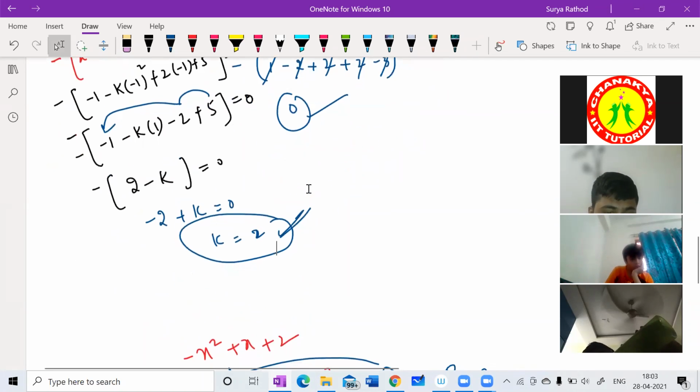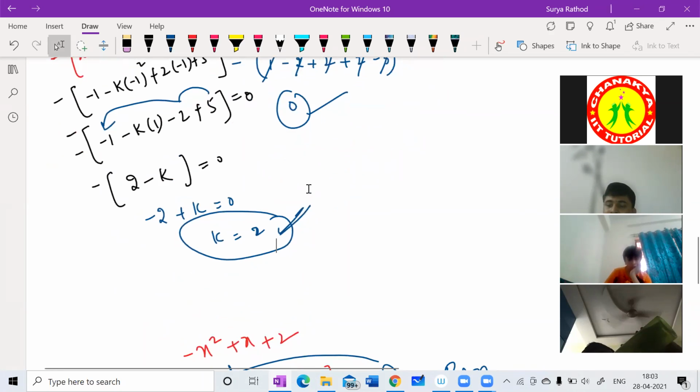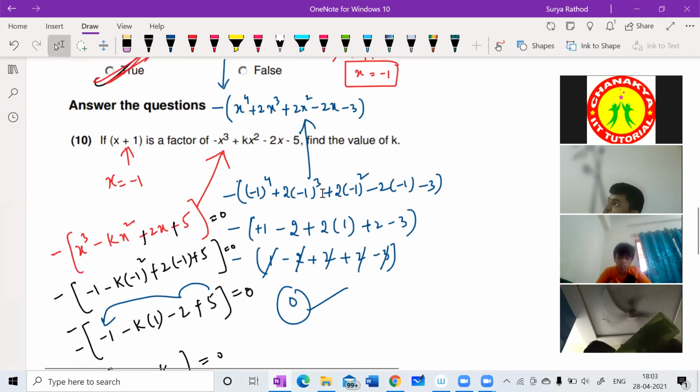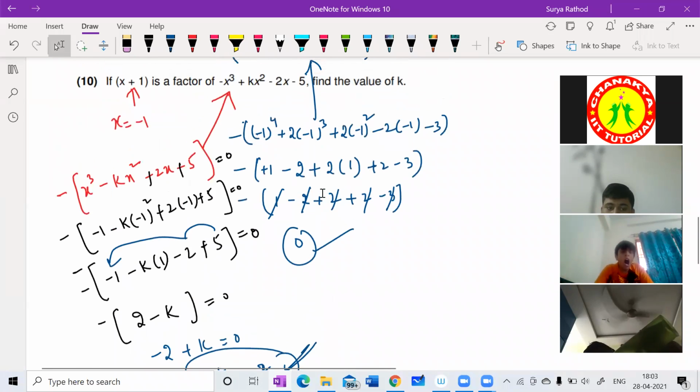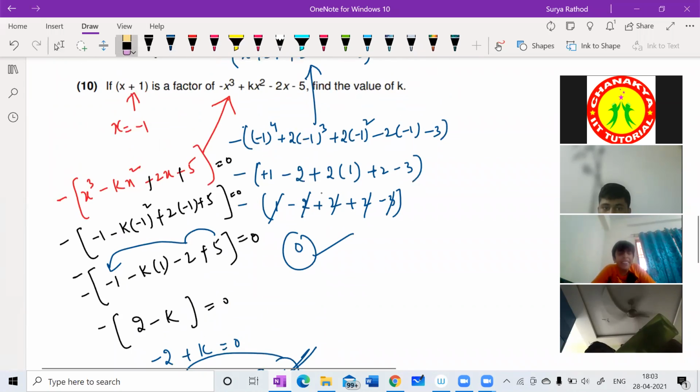Now, next I'll give one more question like this. You have to tell me the answer now. Okay. Sir, can you do it without including minus as common? Definitely. Okay. We'll do that. We'll do without taking minus common. As per your concern, we'll solve it.